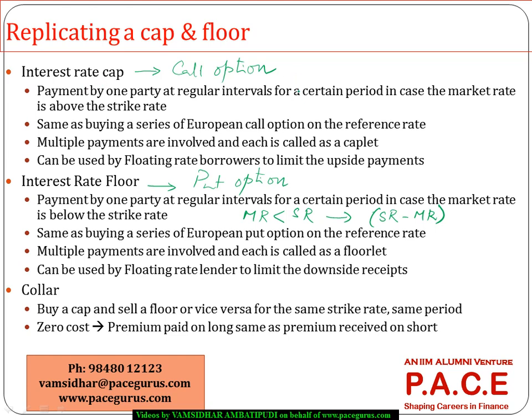But the only thing is, here we talk about a series of payments against one single fixed rate. That is the major difference. Otherwise, even this is the same as a call option on some reference rate, right? If the actual market rate is greater than the reference rate, the difference between the two rates multiplied by the notional principal amount is the benefit that the call option buyer typically gets. But in this case, the prime difference with respect to a cap is, in case of a cap,